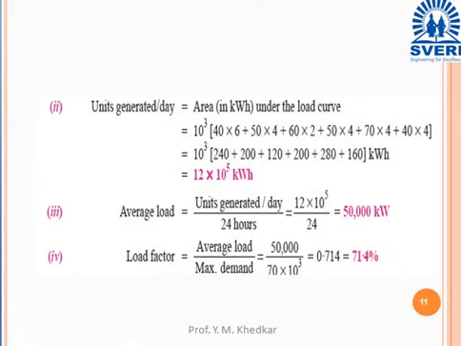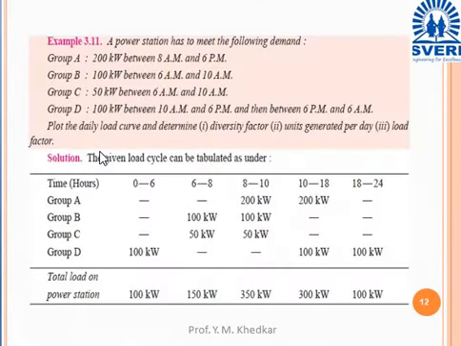Let us move towards the next problem. A power station has to meet the following demands: Group A, Group B, Group C, Group D. Group A 200 kilowatt between 8 am to 6 pm. Group B 100 kilowatt between 6 am to 10 am. Group C 50 kilowatt between 6 am to 10 am, and Group D 100 kilowatt between 10 am and 6